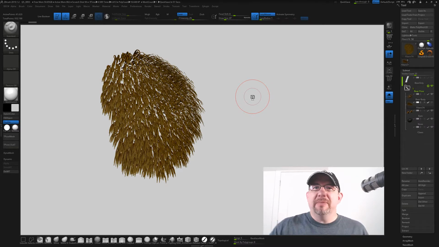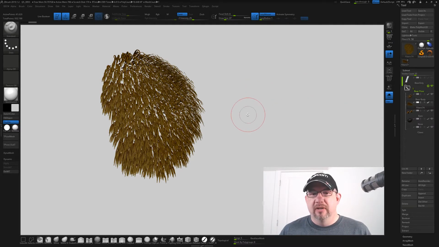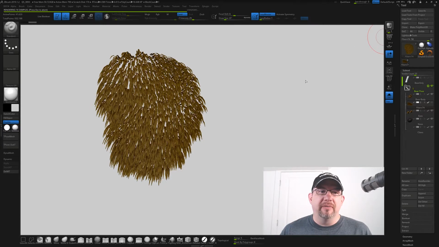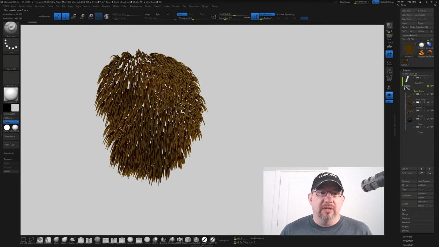I should say a CPU hog. It's pretty crazy. So now I just have the hairs here and I can render them out. And this is kind of what it looks like. Now that I have this hair setting and I saved it, what I can do is